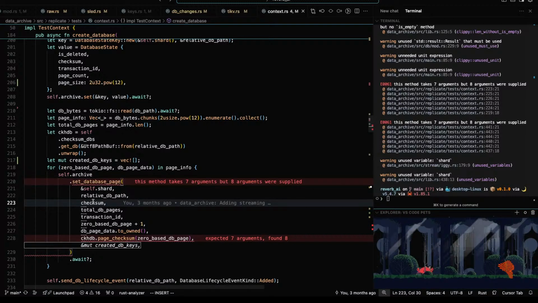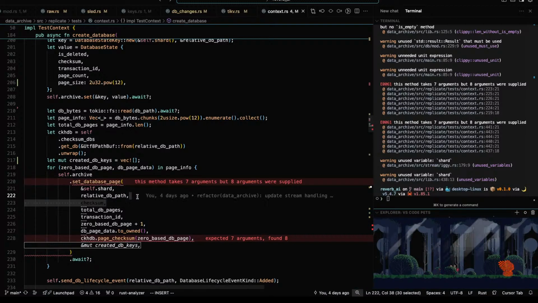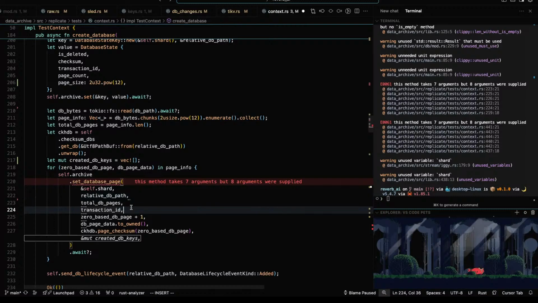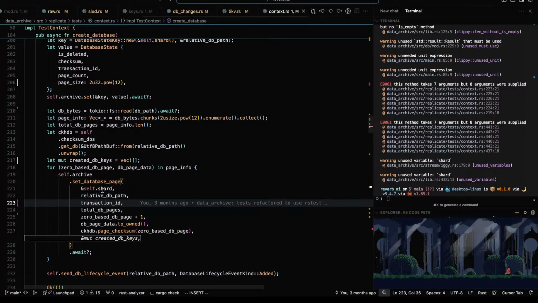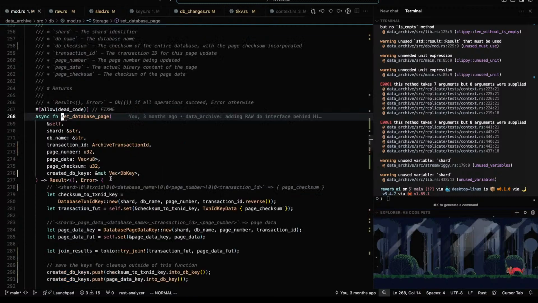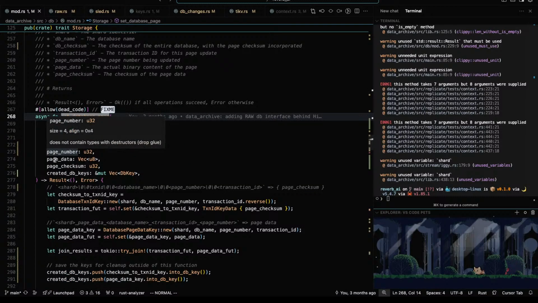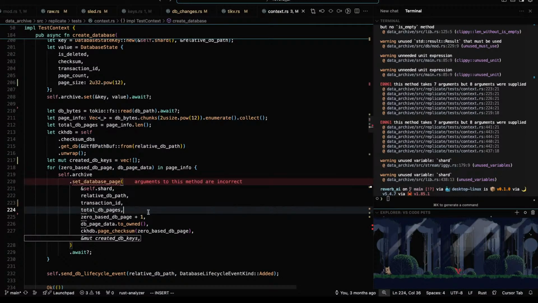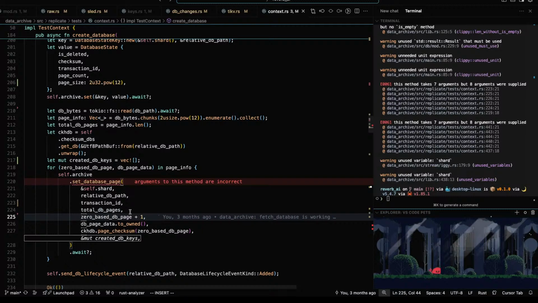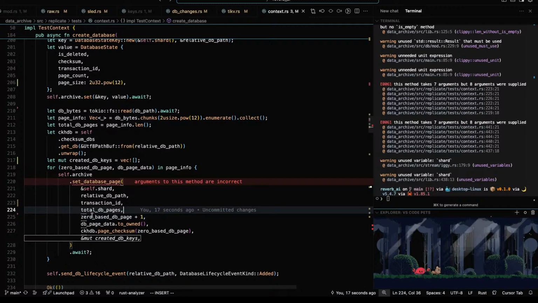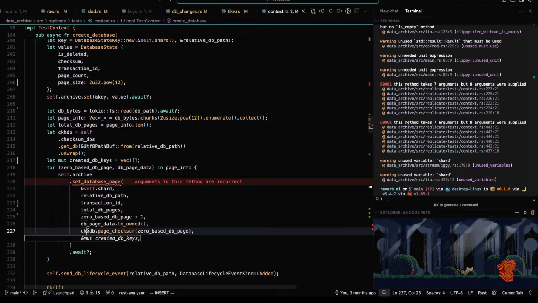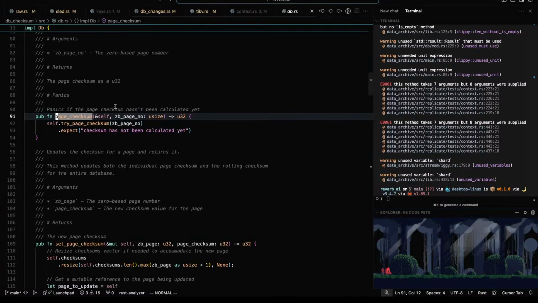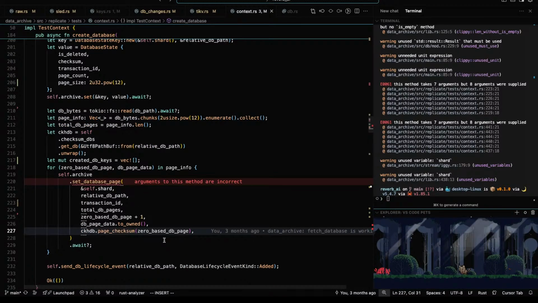Shard db name. Checksum we don't need. Transaction ID goes up. Page number, page data, page checksum. Page number, page data, page checksum. Page, okay, transaction, good.